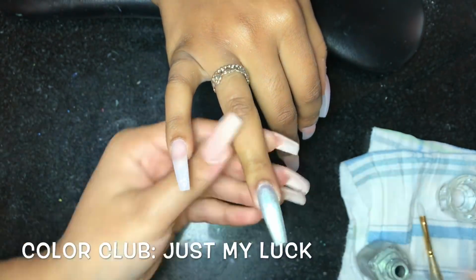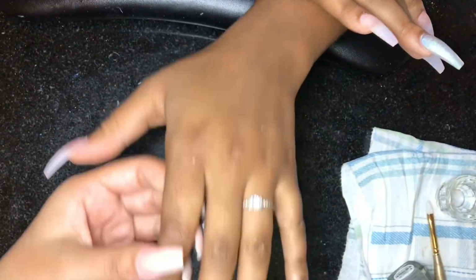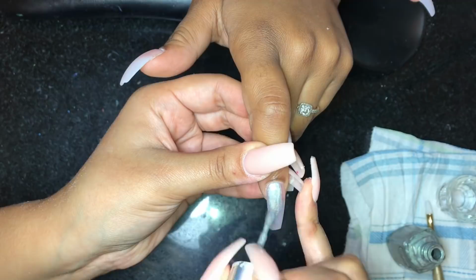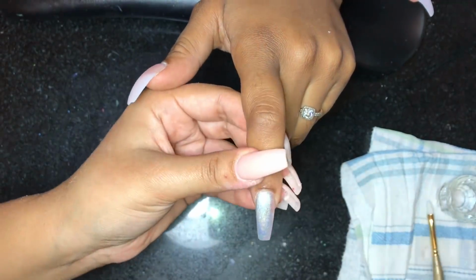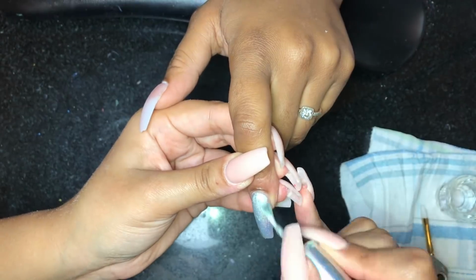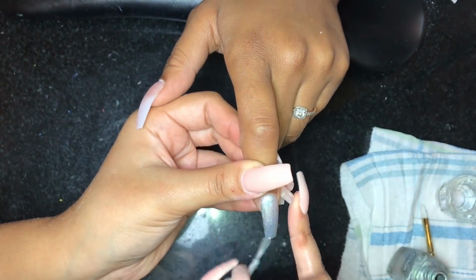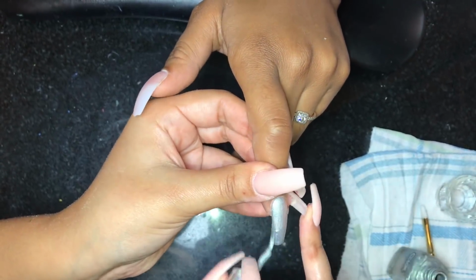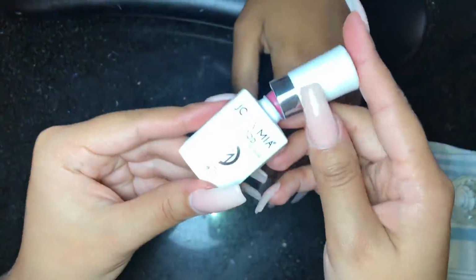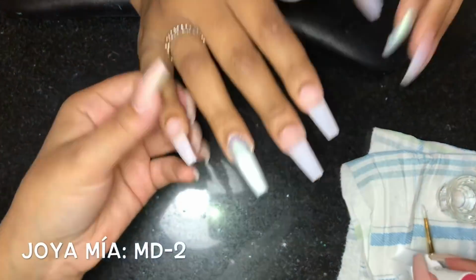And y'all, this polish went a very long time. I'm just now having to get a new one, but I've literally been using the same one since even before I started doing videos. Once again, this is in the color Just My Luck by Color Club, and I always use this as a base for my bling. And then the other color that I'll be using is by Jovamia in the color MD2,